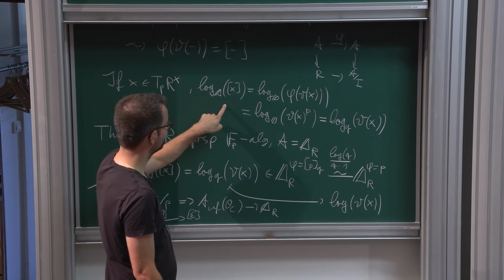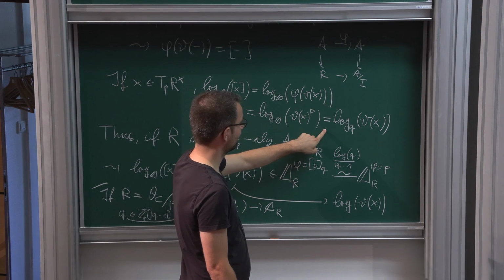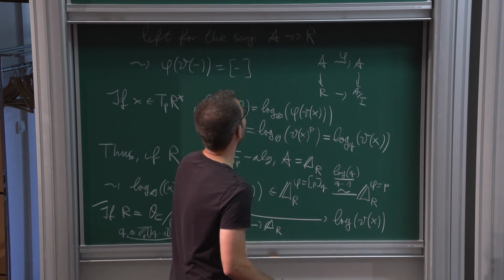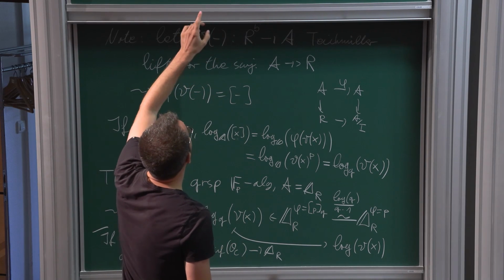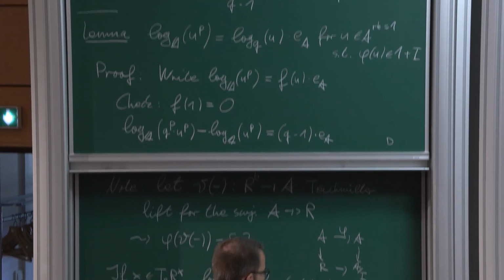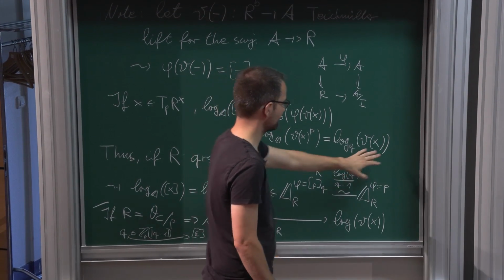So here, the last equality, you don't have any basis here. So what I'm using here is this equality that I've derived in this lemma there. And so I don't have this power p anymore, but I have a q logarithm instead of the logarithm of psi,